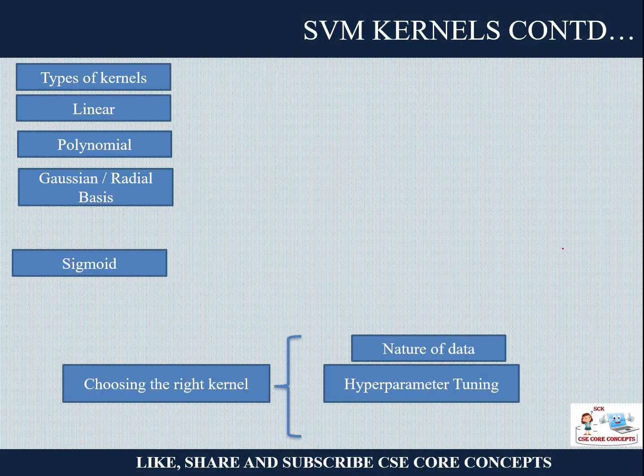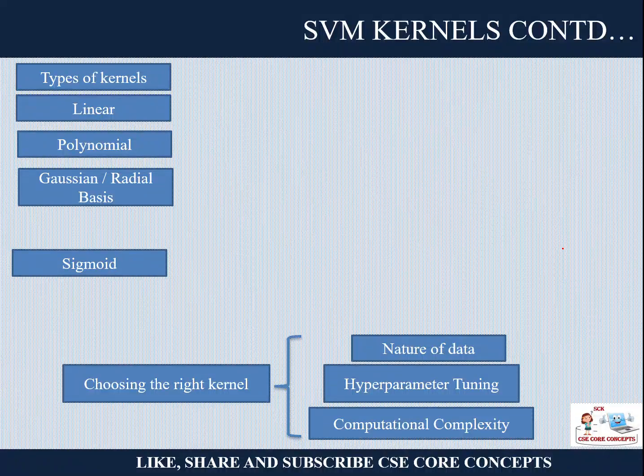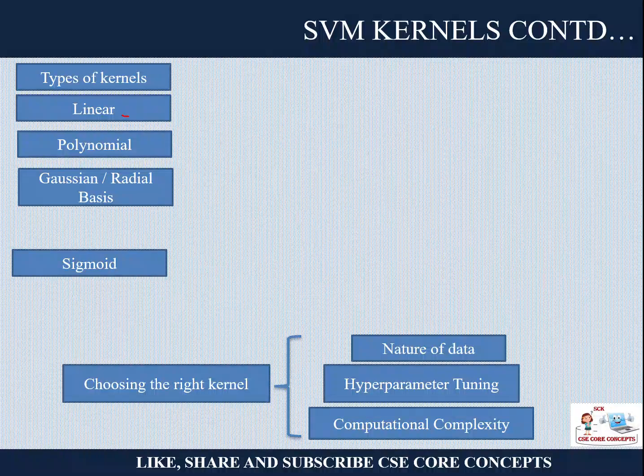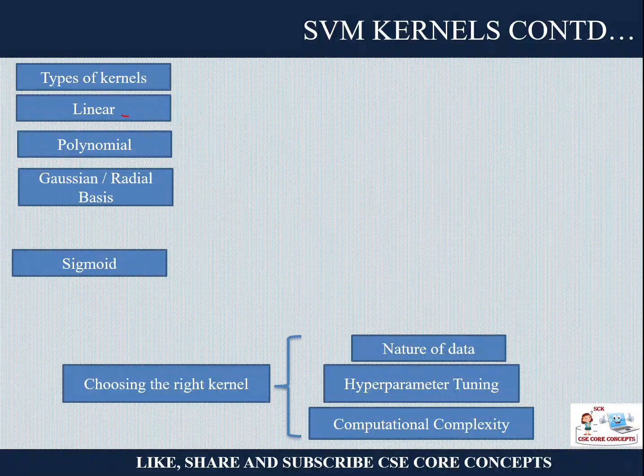So the maximum cushion you get, the fewer errors you get, and higher is the accuracy. Obviously it depends on the hyperparameter tuning and of course on the computational complexity. In case of a linear kernel, the computational requirements are very low. But if you have a polynomial, in every step you have to compute a polynomial equation, or a Gaussian equation, or a sigmoid equation. So these equations increase the computational complexity, right?